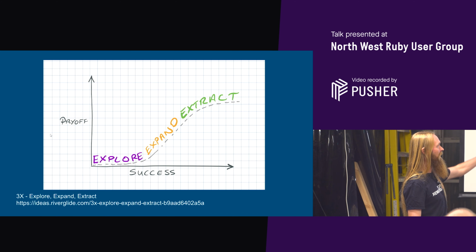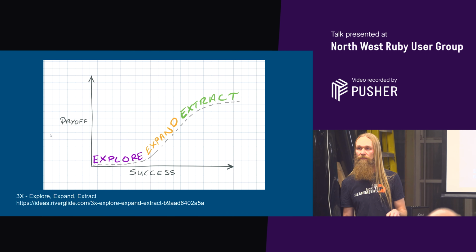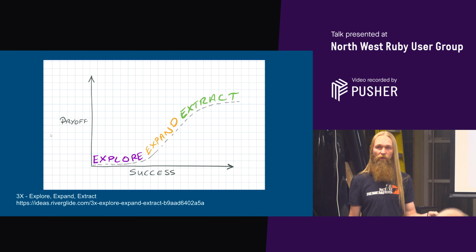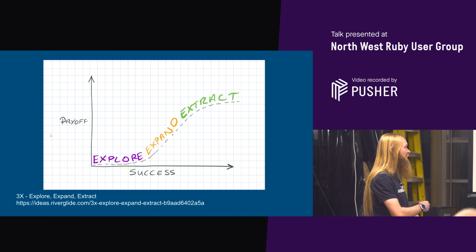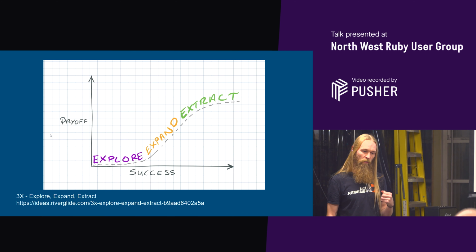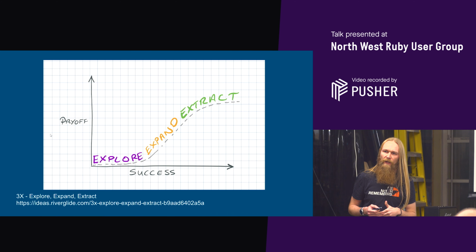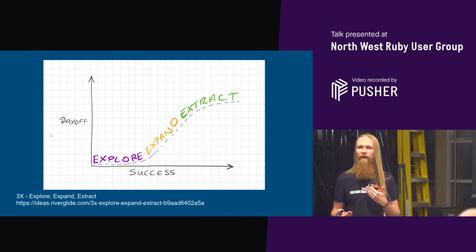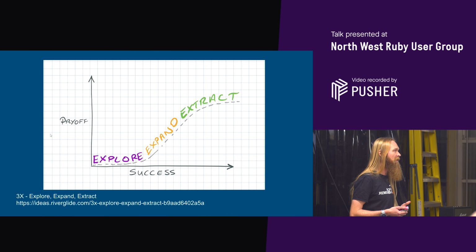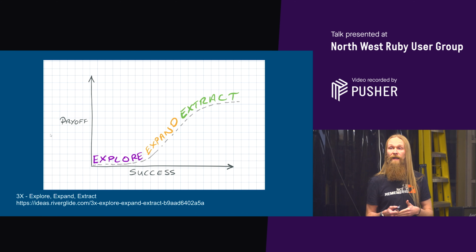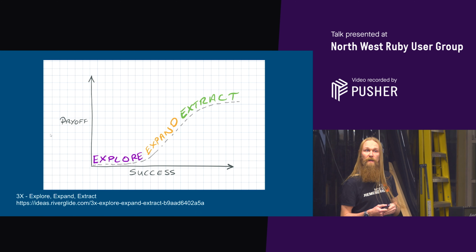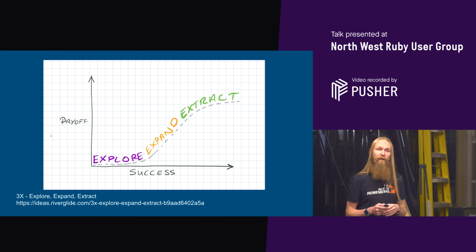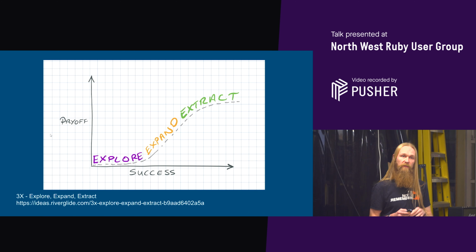Consider this line here, the age, the maturity of a product or of a feature. In the early days, when we're at the explore stage, we don't know what we're building. We don't know if what we're building may or may not be useful to people. We might not get it right. So what we can do in the explore stage is make lots of little bets. We can spend a week or so putting out a feature. Did people buy it? Did it get some traction? Yes, it did. More often than not, no, it didn't. Right, let's scrap it. Let's delete all the code.